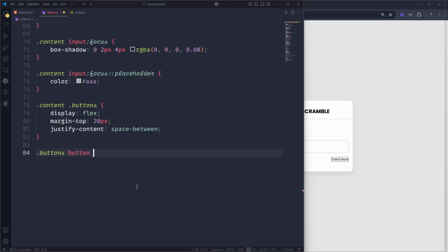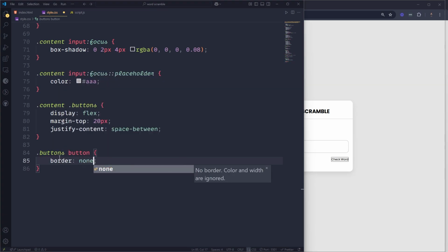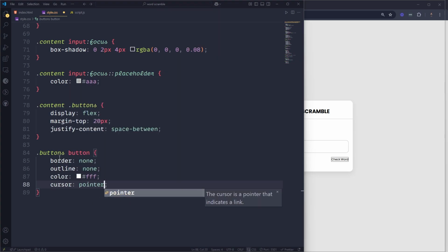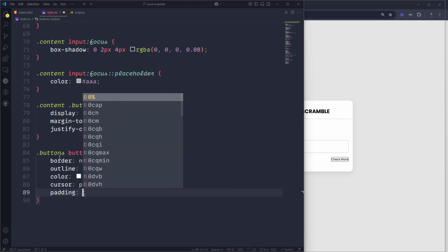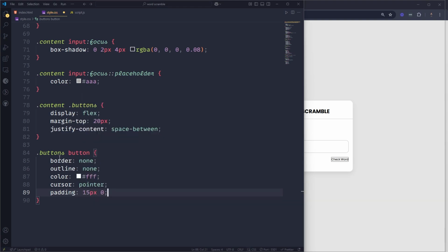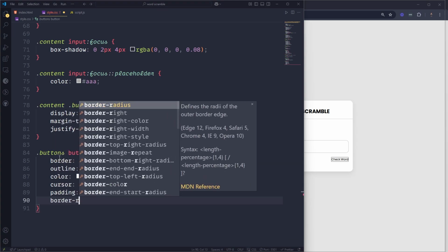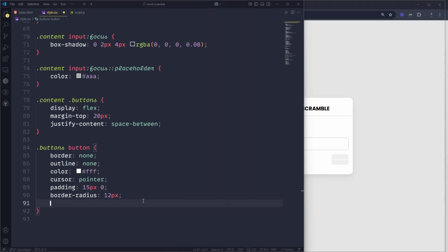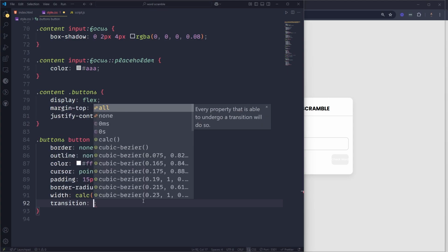Buttons, no dot here, buttons button, give it a border of none, outline none as well, and give it a color of white, cursor pointer, padding 15 pixels top and bottom, and 0 on the left and right. Give it a border radius of 12 pixels, same as the input. Okay, now let's give it some width here, calc 100% divided by 2 minus 8 pixels,